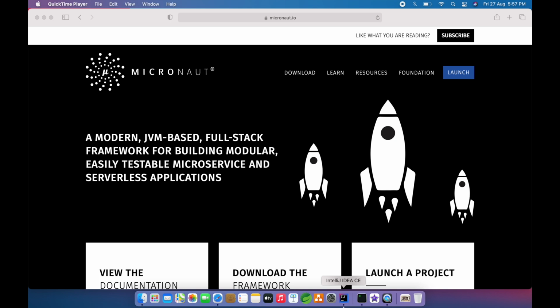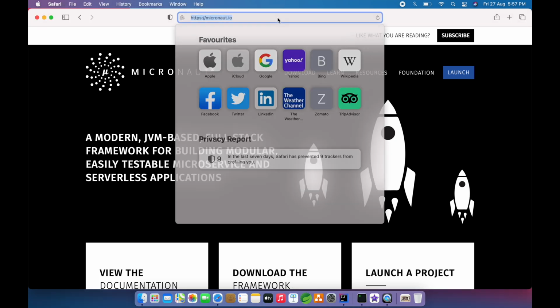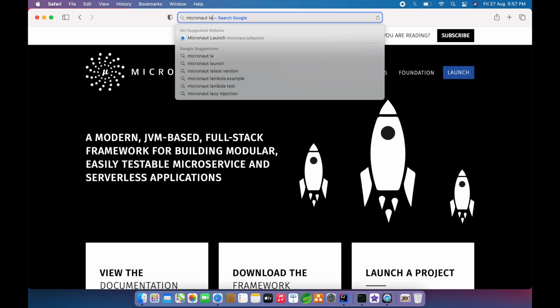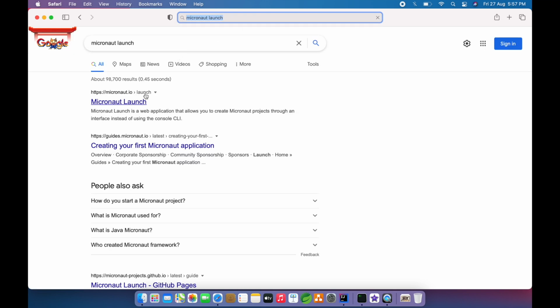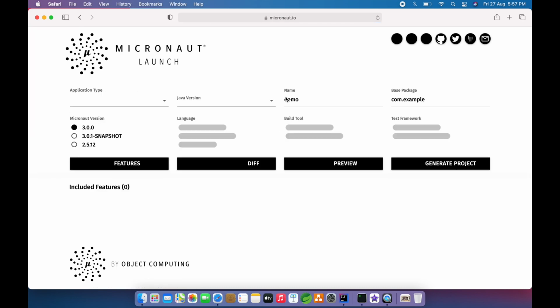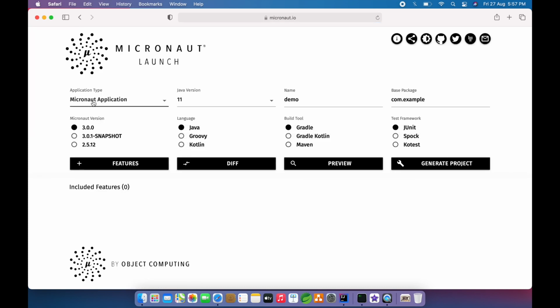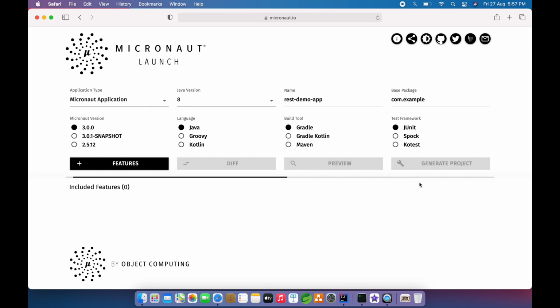Okay, so let's start, and let me create a new project. We will go on to the Micronaut launch site, right? So from there we will create our own app. It will be a Micronaut application. Version will be 3.0.0. Java version I'm selecting is 8, and the project name I'm selecting REST demo app, right? For build tool we are using Gradle, and for test cases we are considering JUnit, right? So I will create this project and click on download zip,